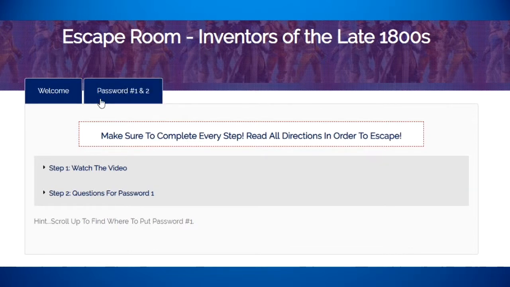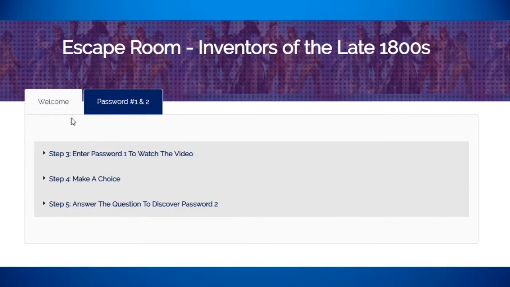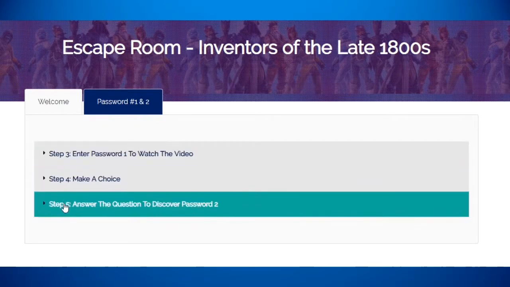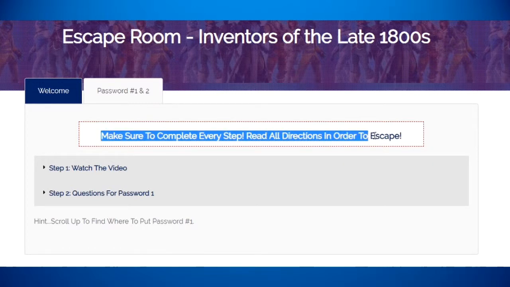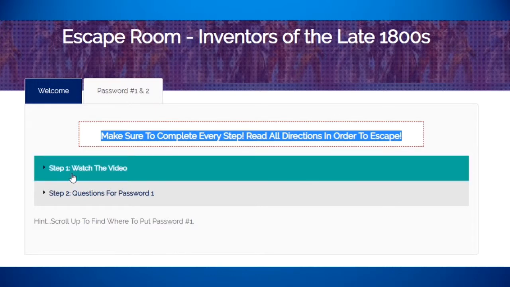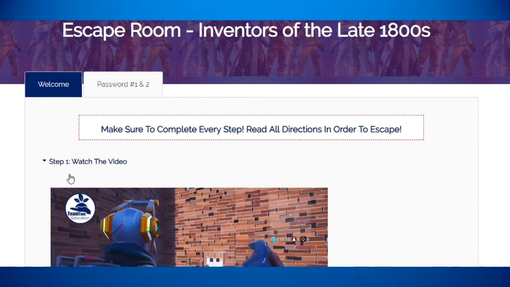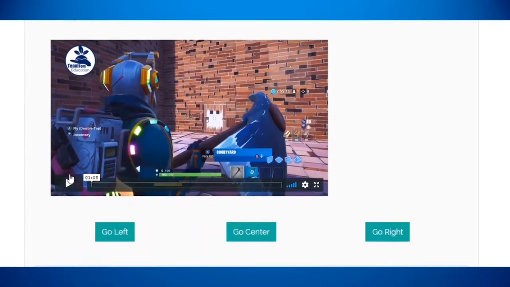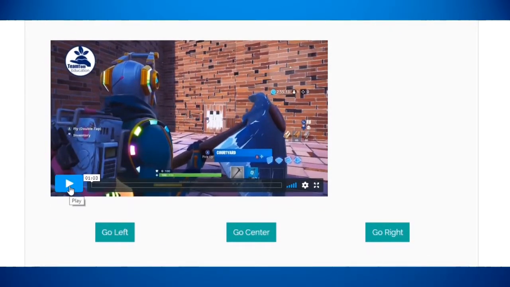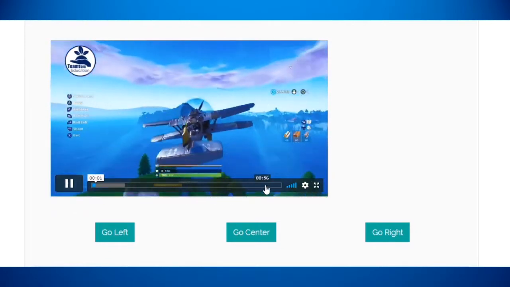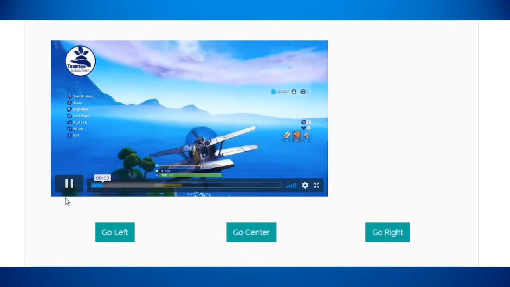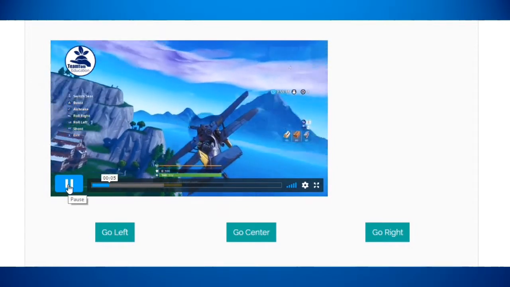This is a puzzle, so it's going to involve a lot of problem solving. There are tabs at the top of the screen, and then there are steps to follow. Make sure you read and complete every step. Read all of the directions in order to escape. Each step will have either a video or questions to answer or clues to get you one step closer to escaping. Sometimes there are directions in the video,